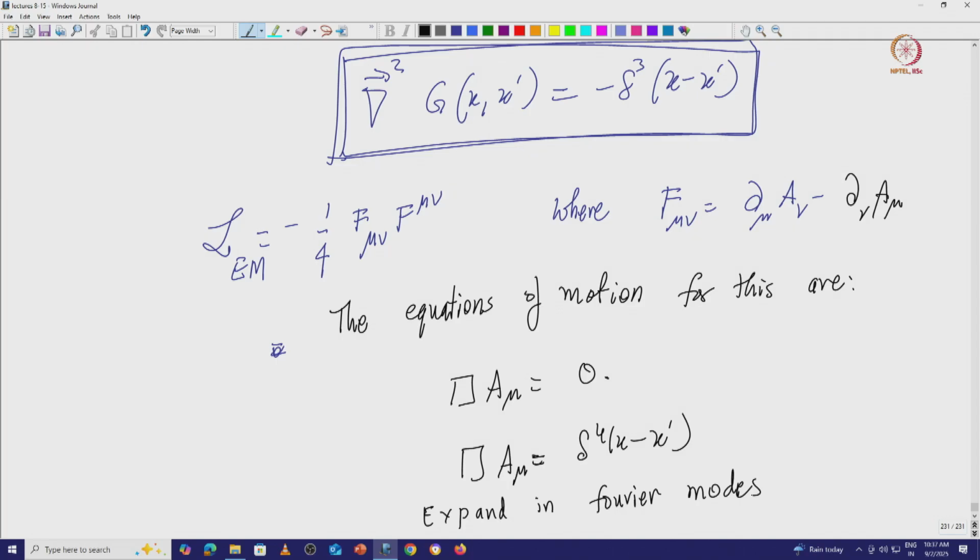Now we will not call it A mu anymore, we call it G of x prime, because we know that the moment you put in a delta function source, this gives me